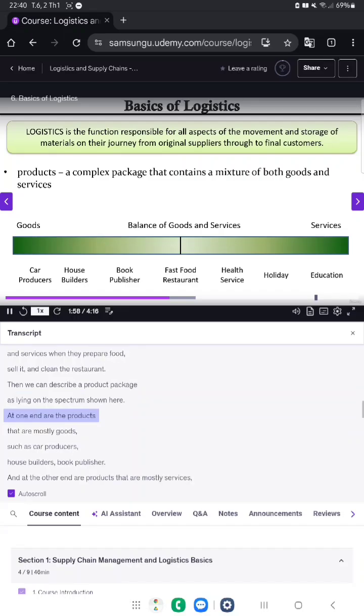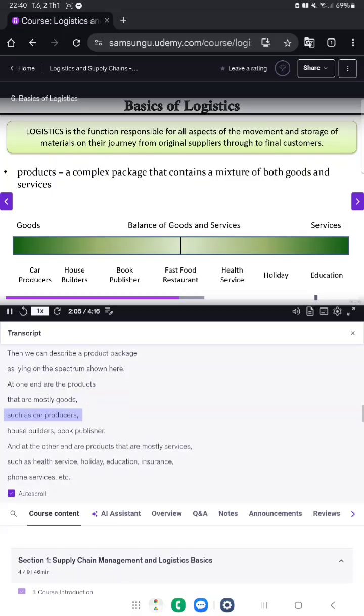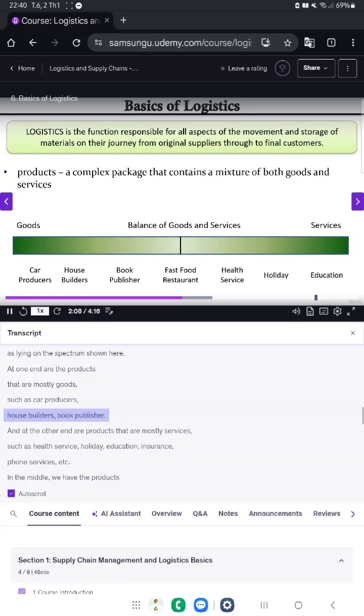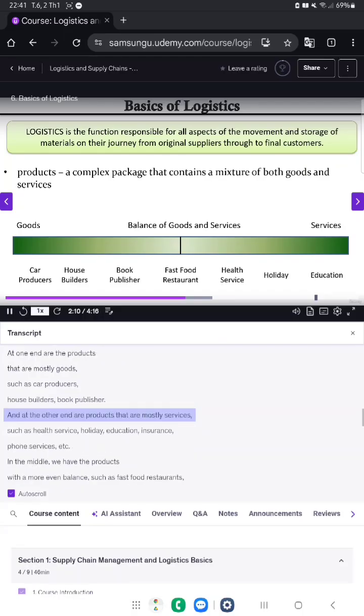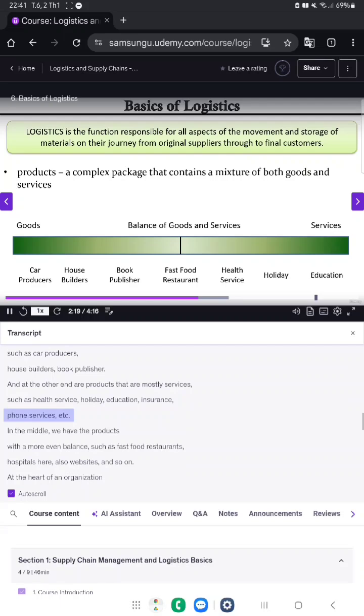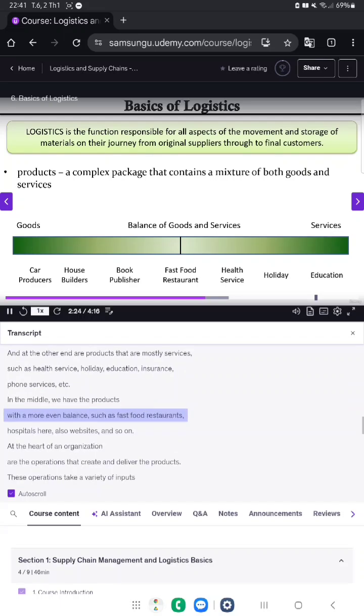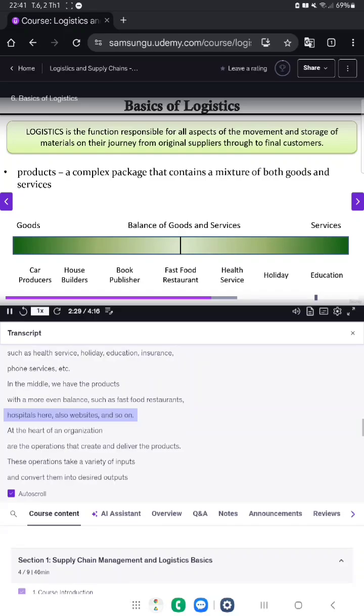At one end are the products that are mostly goods, such as cars, car producers, house builders, book publisher, and at the other end are products that are mostly services, such as health service, holiday education, insurance, phone services, etc. In the middle, we have the products with a more even balance, such as fast food restaurants, hospitals here, also